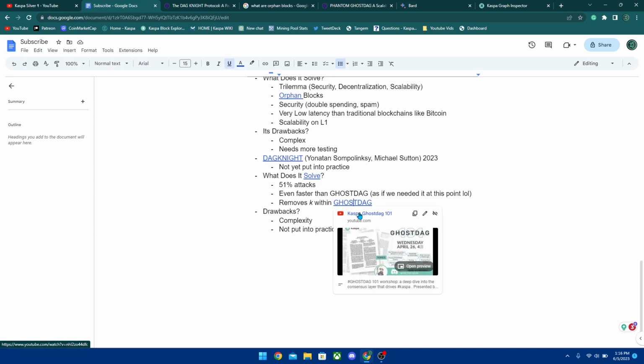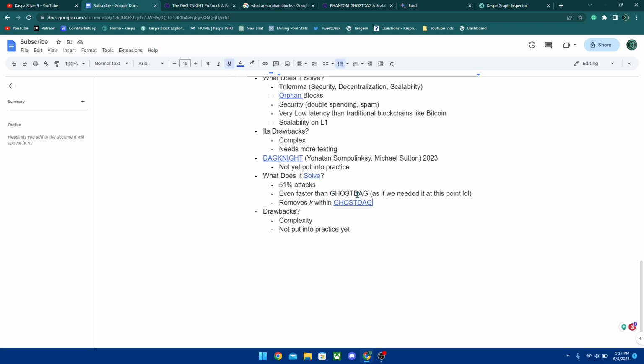Now, if you want a deeper look into the GHOSTDAG protocol and understanding what the K is, you could take a look at the Kaspa GHOSTDAG 101, which is a link that is on this document. And I will be putting this document down below because it is finished now. And so you could take a look at the link for that and watch that. It's like a 2-hour video that goes even deeper into GHOSTDAG. And I'm over here trying to narrow it down and break it down into a much smaller video. But it's just very hard because there's just so many things that happen in the back end.